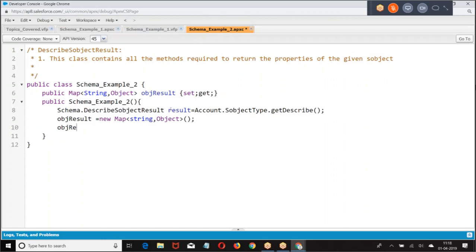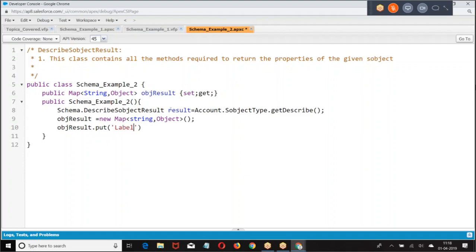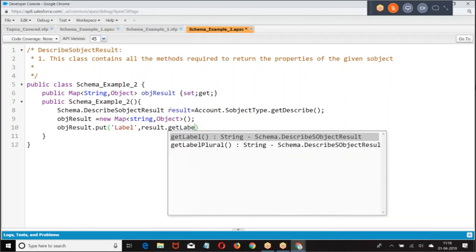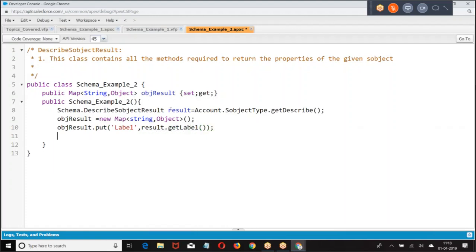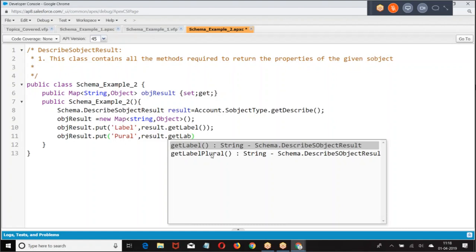Now give objectResult.put label. What is the label? result.getLabel. Get label will give you the label name of the object. Put label field.